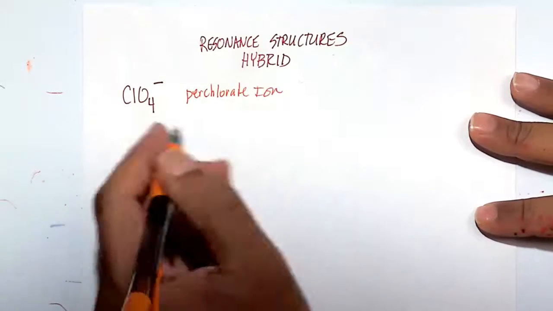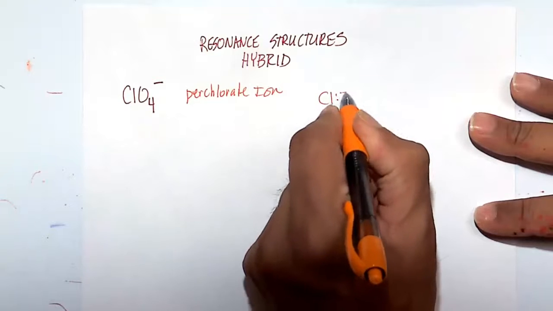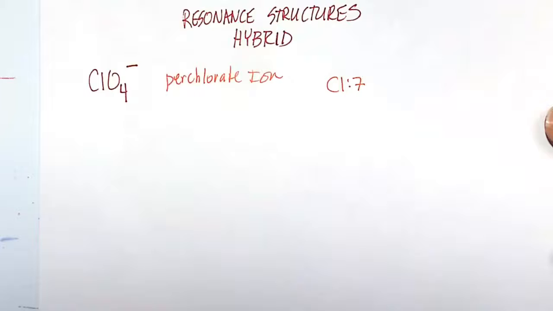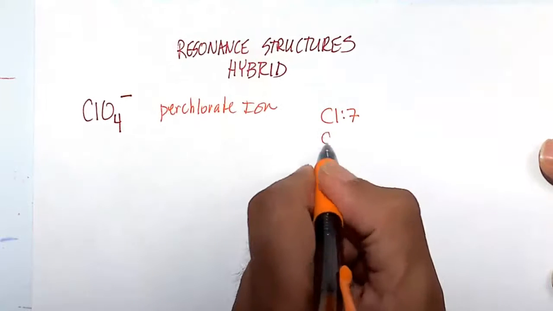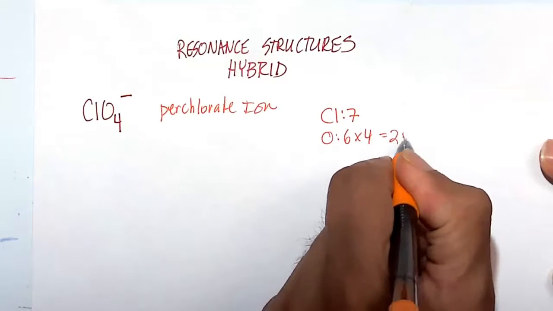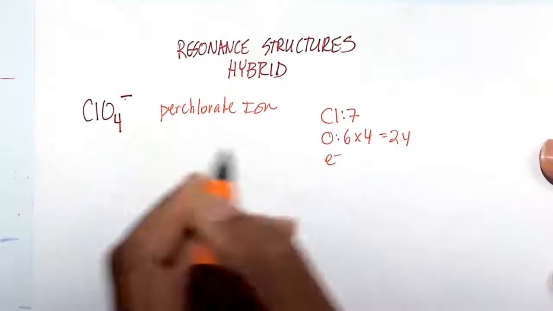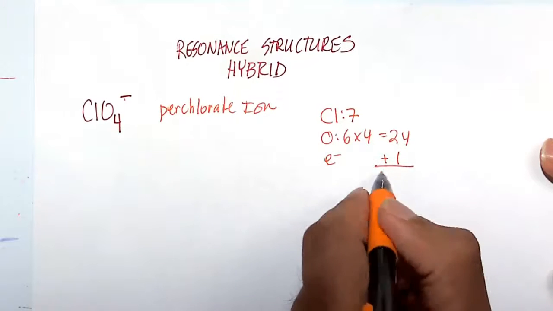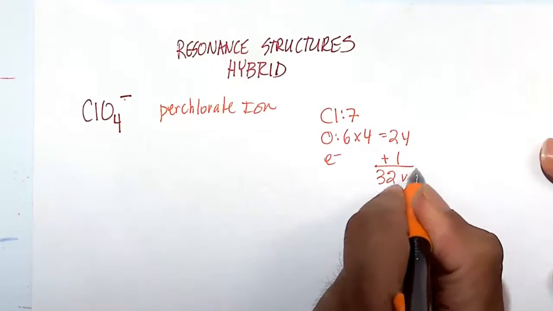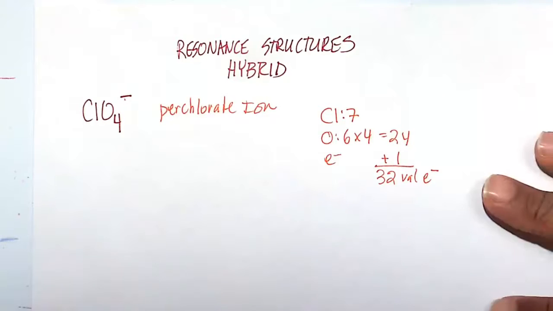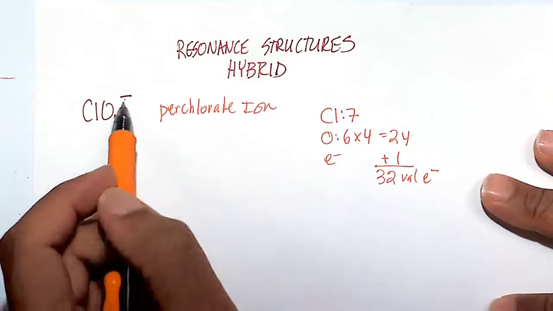So Cl has a happiness at 7 valence electrons. Cl is happy at 7. Oxygen is happy at 6, but we have 4 of those, so that's 24. And then that minus sign symbolizes 1 electron gain. So we have here a total of 32 valence electrons that we have to accommodate to make the ClO4 minus